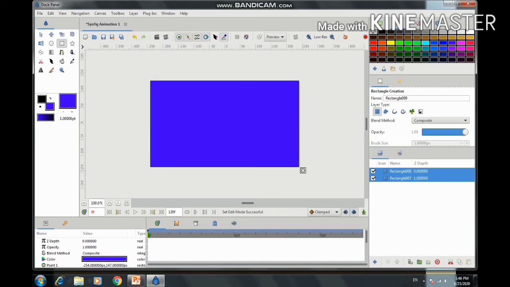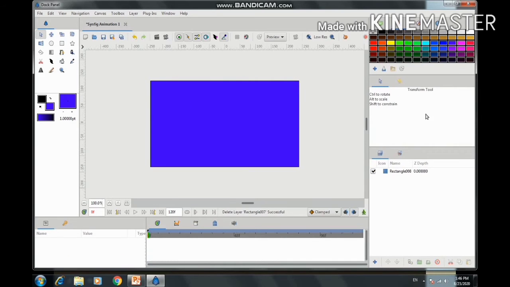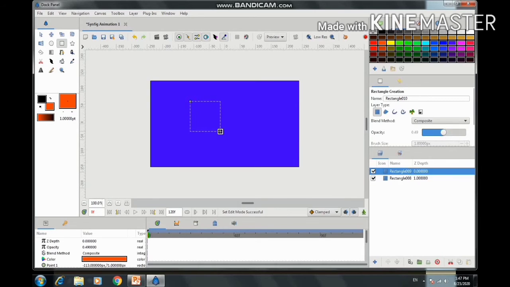and creating a rectangle. Okay, this is the rectangle layer. Now you can see as I created this rectangle, a layer is created in the layers panel. Now suppose again I am selecting another color, and suppose I am changing the opacity to 50% and creating a rectangle.